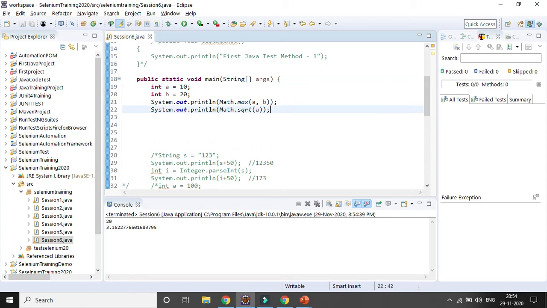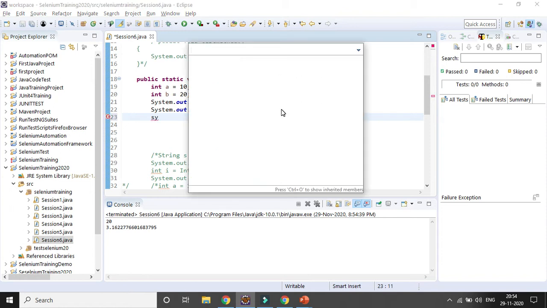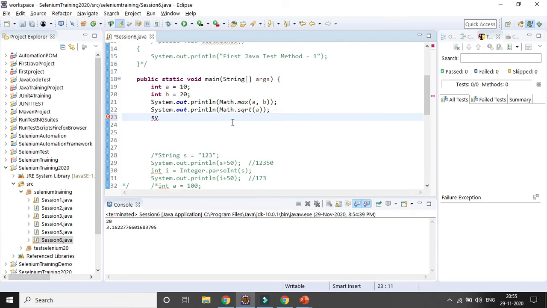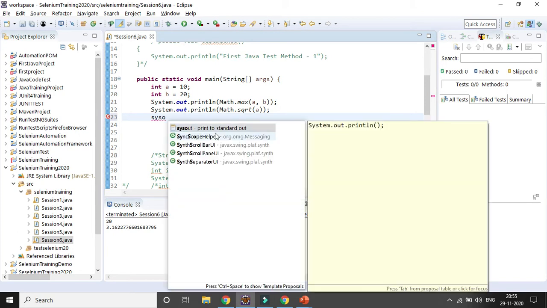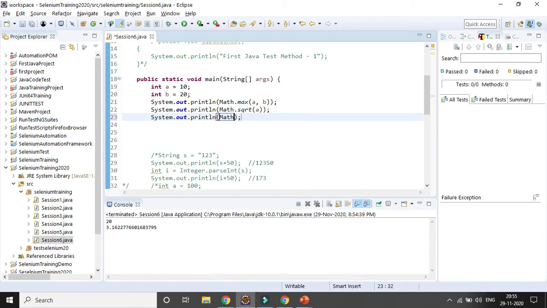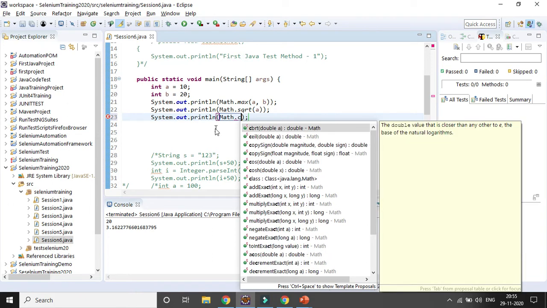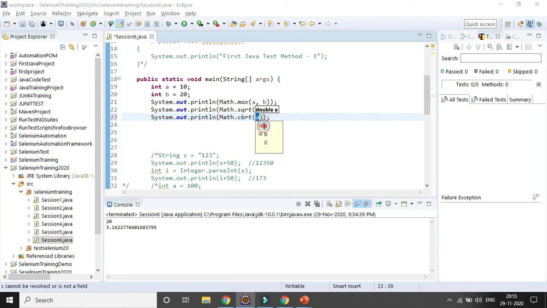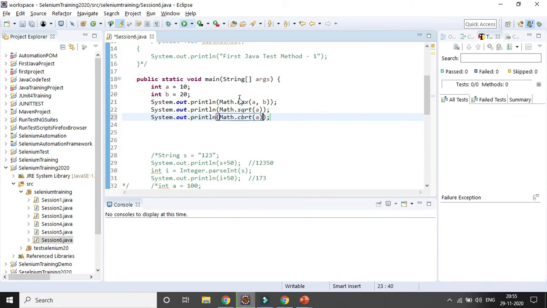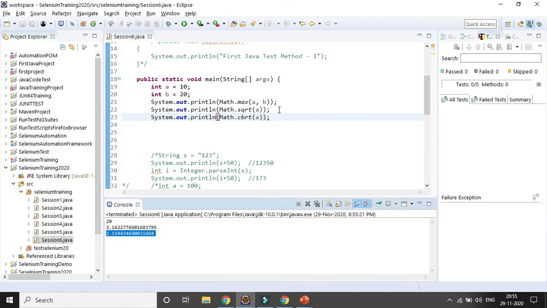Similarly, if you want to do a cube root, SYSO, then you need to use Math dot cbrt, the cube root. Suppose you want the cube root of a, it will give you the cube root of 10. That's the way you can use the Math functions.